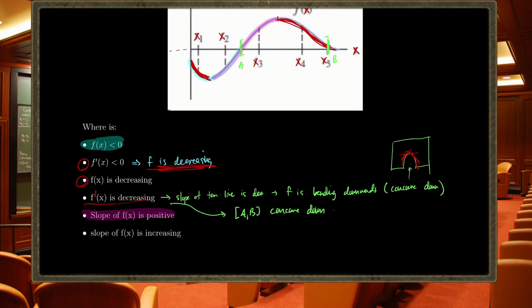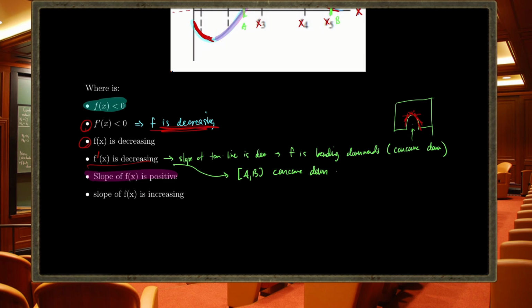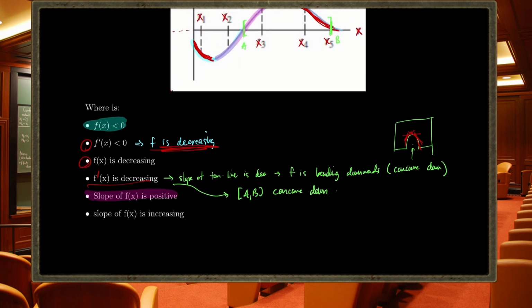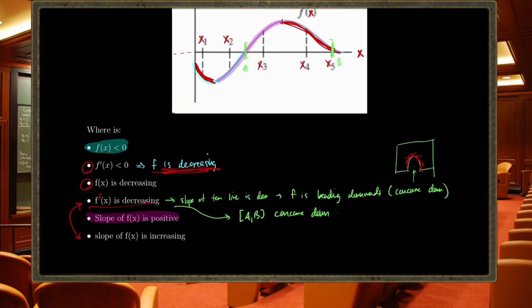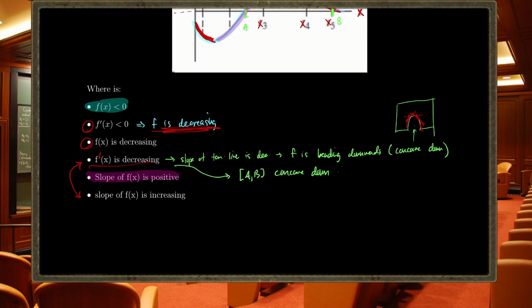And then it's asking, where is the slope of f of x increasing? Now, I see this instantly, but I need to pause. What does that mean, the slope of f of x is increasing? That's the same as this question here. F prime describes the slope of the tangent line, or the slope of f. So where is the slope increasing? Well, now it's not where it's concave down. It must be where it's, aka, bending up,